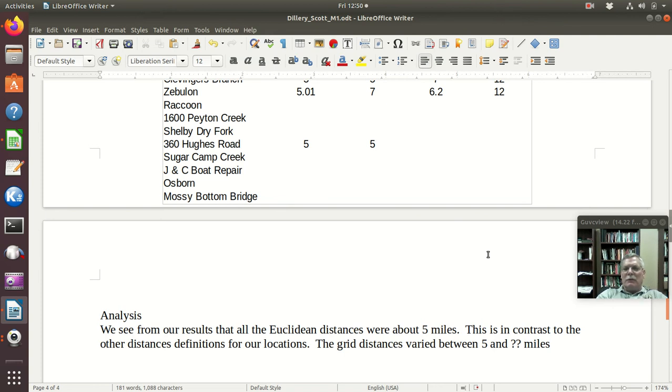And then you could say something like, notice that all grid distances were at least as large as their corresponding Euclidean distances.